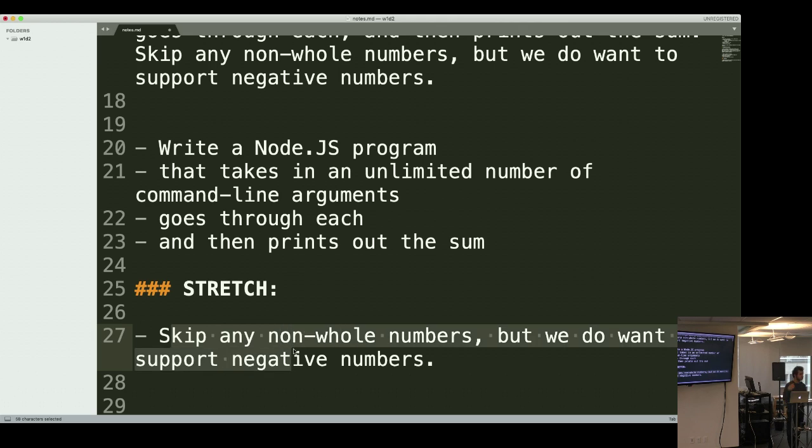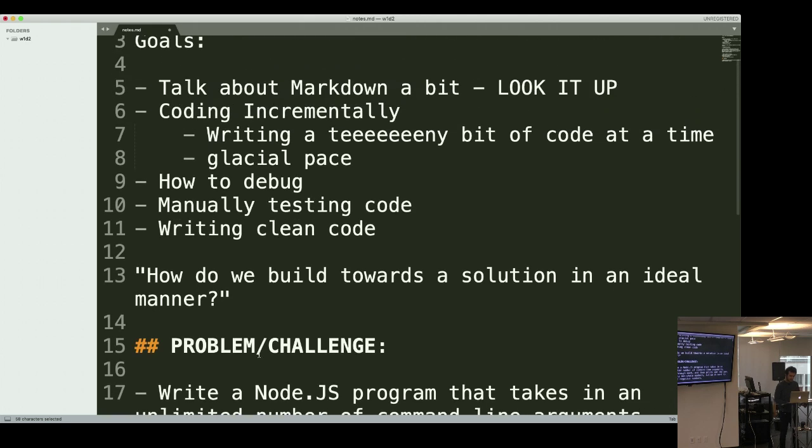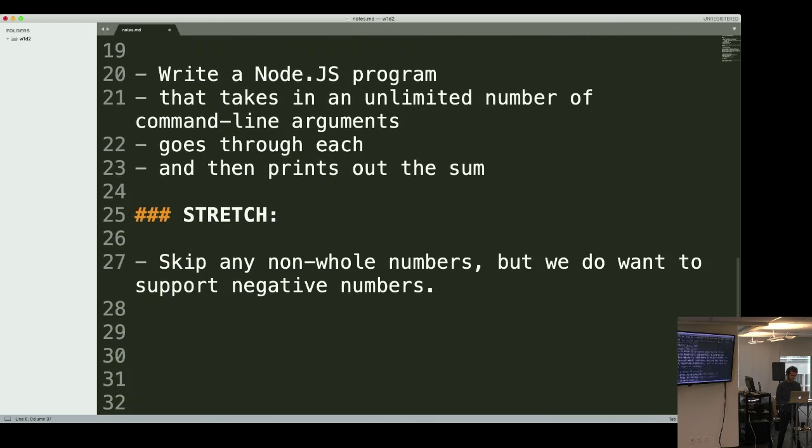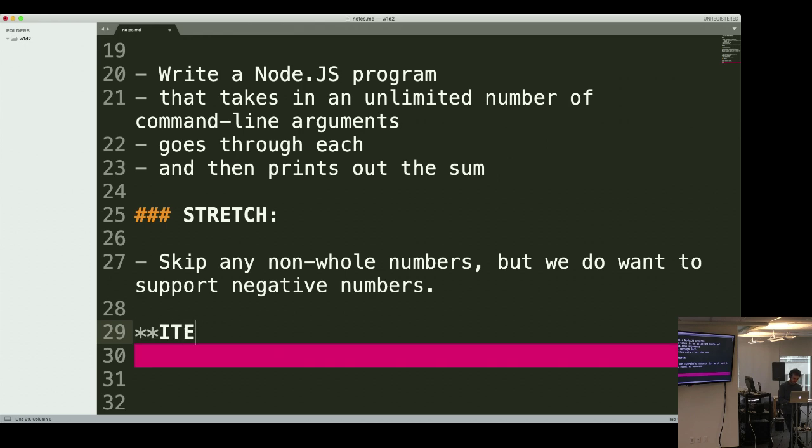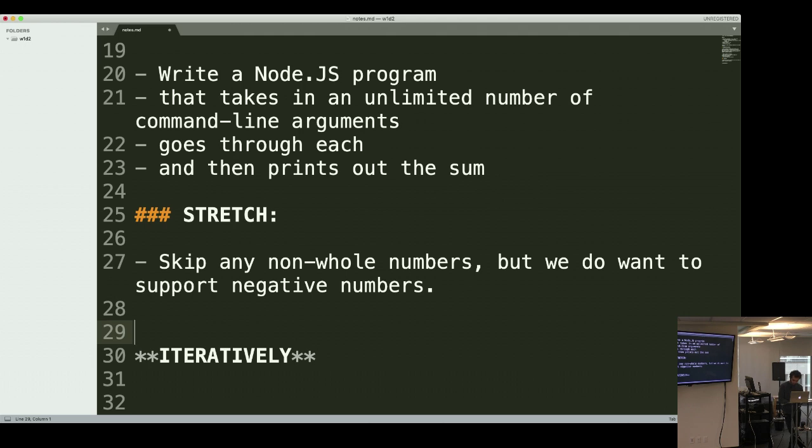I will just kind of loop over my code and see, okay, what do I need to do now to make this part work? So what I'm getting at here is this idea of coding incrementally, but also coding iteratively. So we're going to hop into writing this code, but I'm going to define a couple things a little bit more concretely. When I say something like iteratively or incrementally,